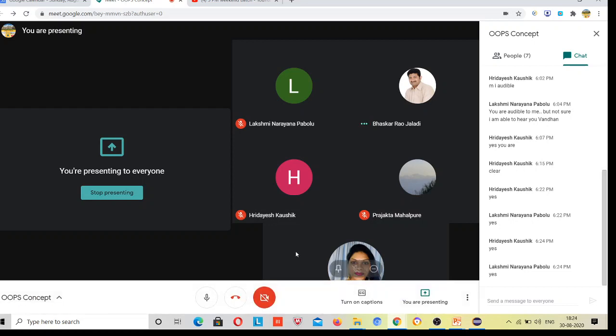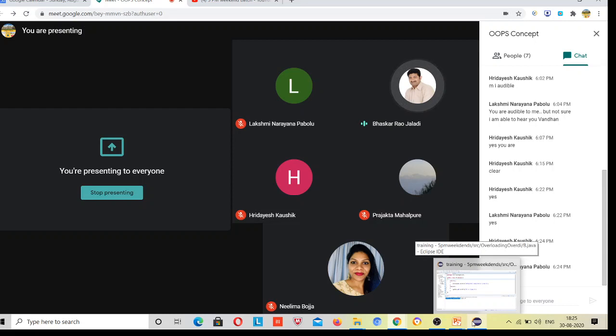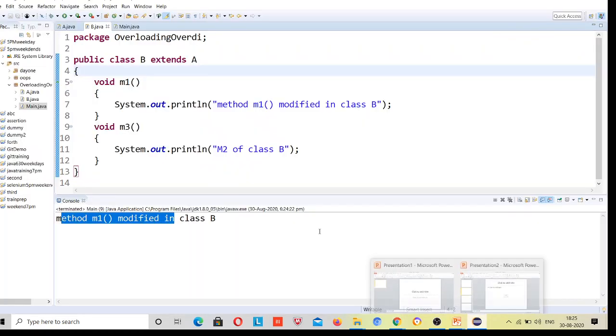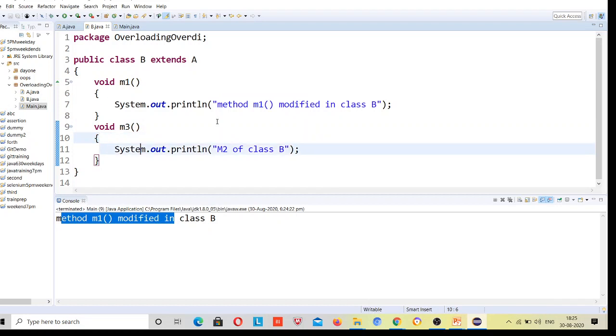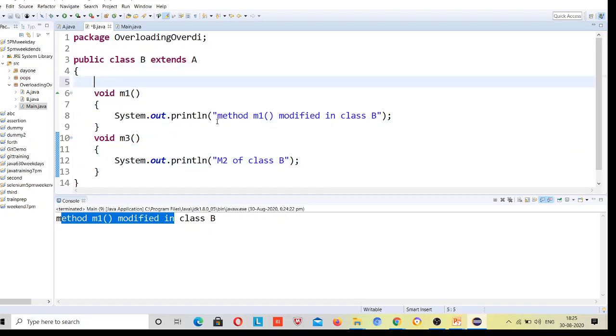Okay. Sorry, Nandan, this is Bhaskar here. Okay, okay, I understand the concept of inheritance, simple and compound. Okay, okay.